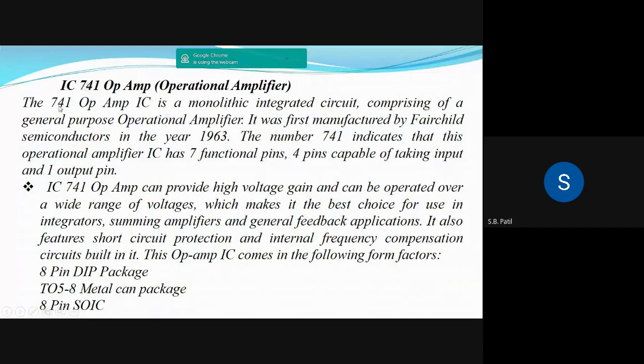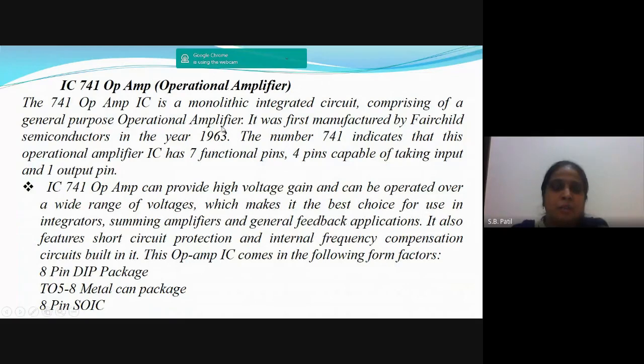The IC741 operational amplifier IC is a monolithic integrated circuit comprising a general purpose operational amplifier. The name operational amplifier is used because it performs various mathematical operations such as integration, differentiation, and it can be used as a summing amplifier or a difference amplifier. So it performs various mathematical operations, hence it is called the operational amplifier, and it was first manufactured by Fairchild Semiconductor in the year